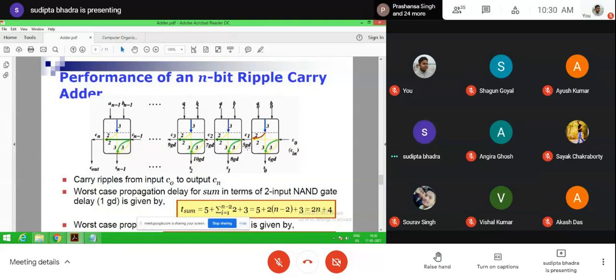Now after this, to generate the particular carry C2, C3, there is only an additional requirement of 2 NAND gate delay. Why? Because A1, B1 are already processed. They are processed at the beginning.